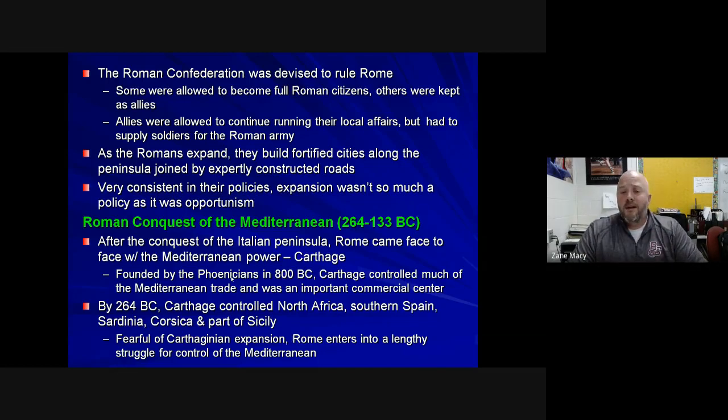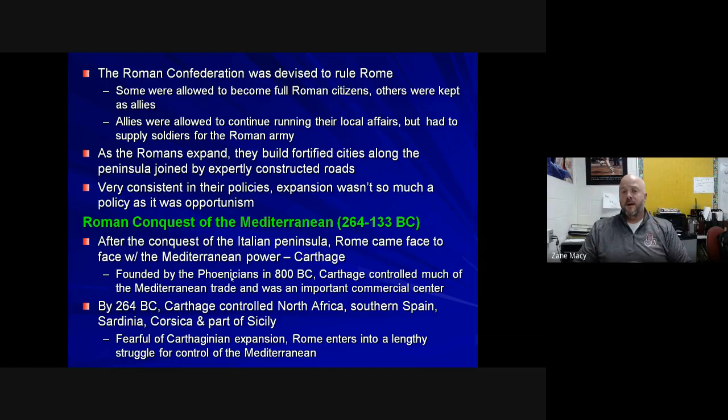As the Romans expand, they would end up building fortified cities up and down, east and west around the peninsula. They would construct roads, like they learned how to from the Etruscans, to connect these fortified cities. Especially in this period of Republican growth, the frontiers were always a concern. The roads connect the settlements and fortifications throughout the peninsula, and create easy, fast travel